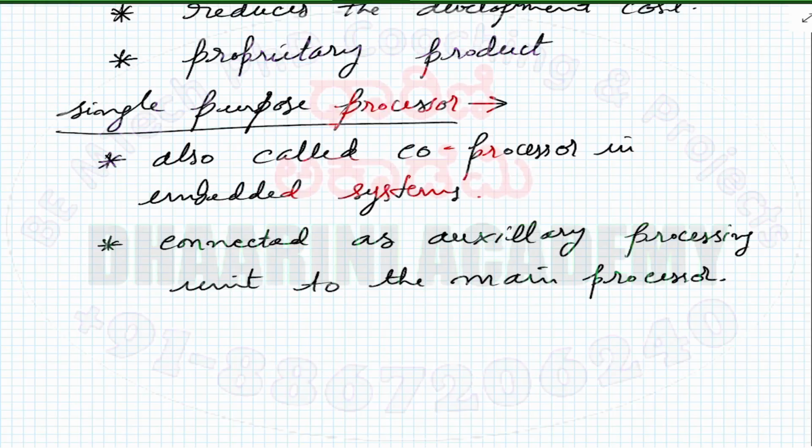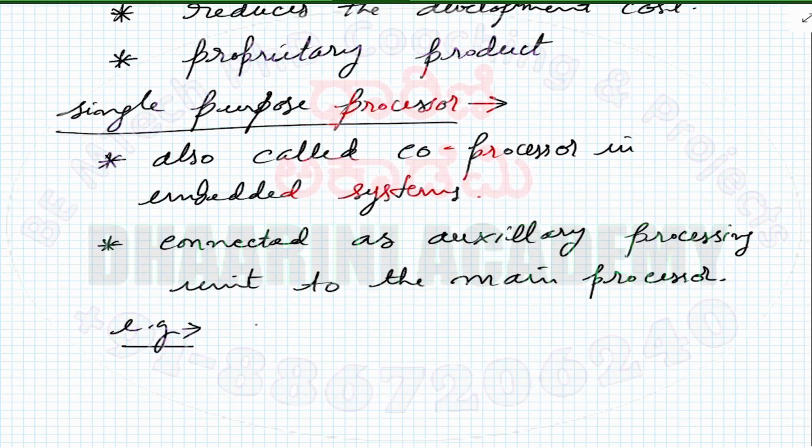So what it does, it shares that job information with this coprocessor, which is a graphic processor. Right, the graphic processor will never do the copying job or moving job, etc. It will perform only, maybe playing a movie is fine, playing a game is fine. So everything related to the graphics will be handled by the GPU, graphical processing unit, which is a coprocessor. All right, so I'll give an example here itself.